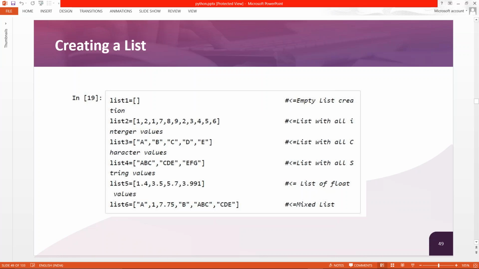Now this is the format of the list. You can see this is a blank list. Over here you have all the numbers in the list separated with a comma. This is the default separator. Here are the numbers, all the strings in this list, capital strings, these are floats, and over here it's a mixture of both.